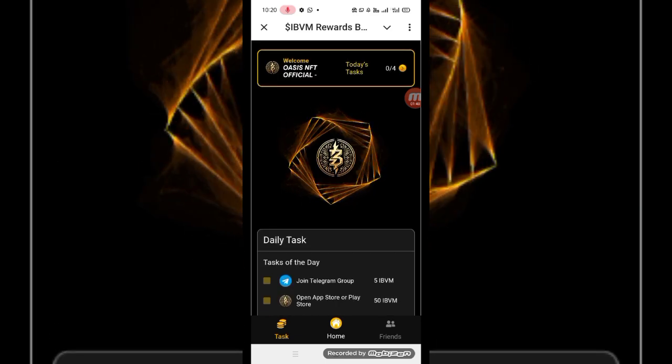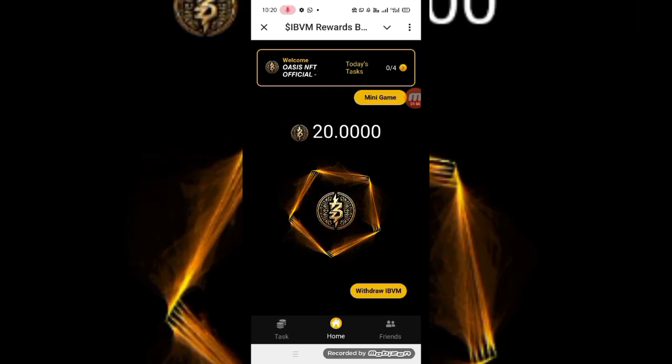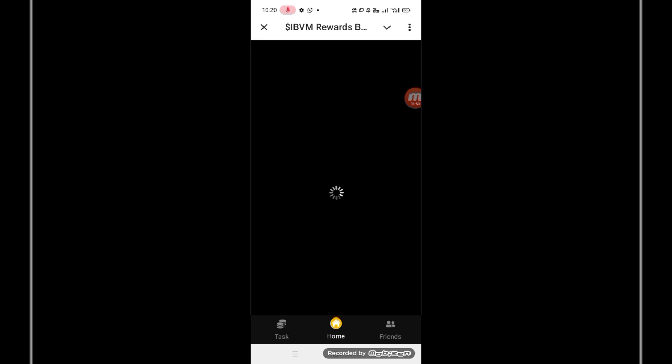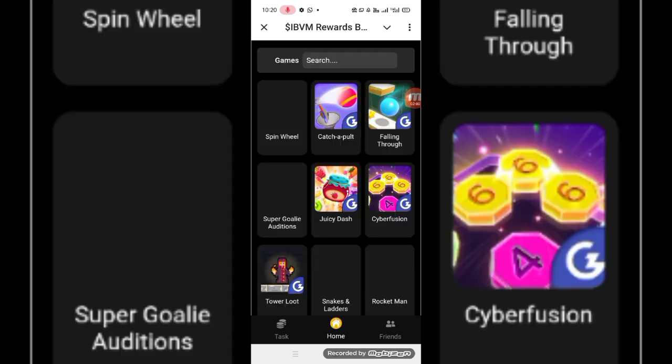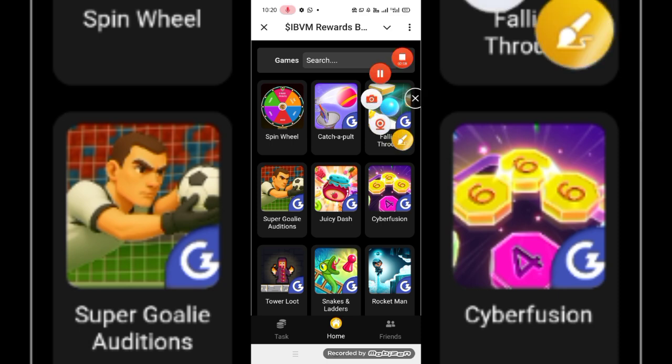So guys, don't forget to complete your today task, then you can receive reward. Now you can check here, you can see the mini game of IBM rewards board. You can click here and see this mini games. You can play the game, then you can get IBM reward now. And next we back to the home page.